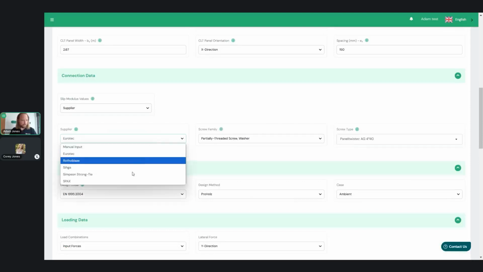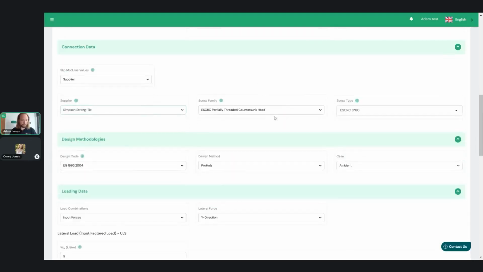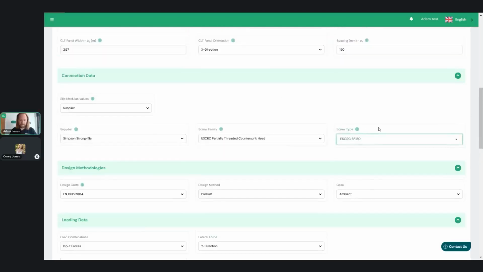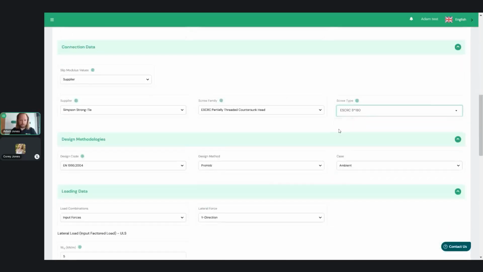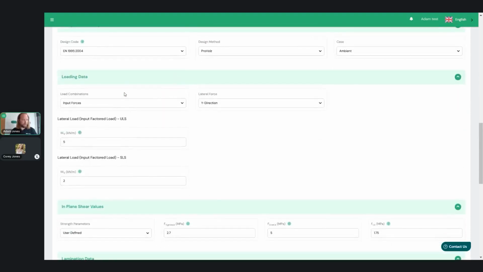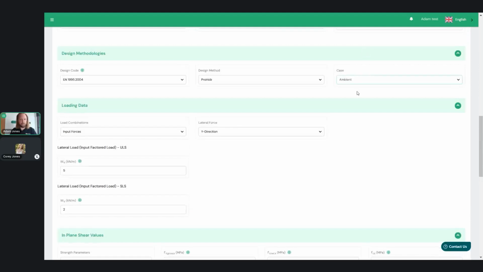So if we did go, say, for example, partially threaded screw and a 180 panel, but again, you can go back and forth to get that, and that'll get the overall stiffness, as I mentioned. So moving through, you got your design codes. These are all default inputs because that's specific based on the method. An obvious question is, because we're designing from Australia, New Zealand, it is a performance-based design as well. So you are borrowing from Europe a lot in this case, hence